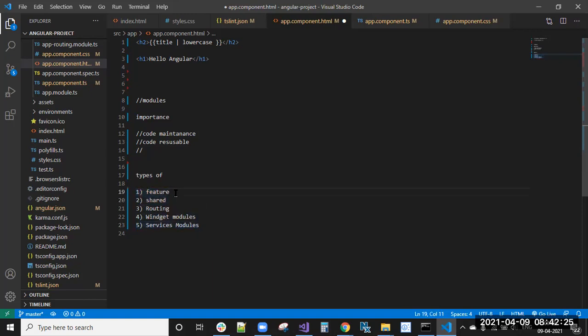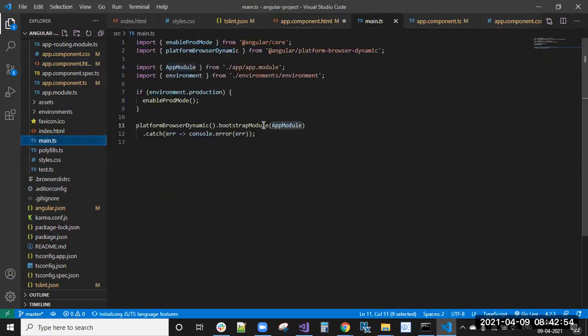And one more is the root module. That does not come under the types of modules, but it is the parent module, because all these modules will be imported in the root module only. Every Angular application will have only one root module, because we have seen in main.ts the bootstrap of AppModule. Here it is given as AppModule.